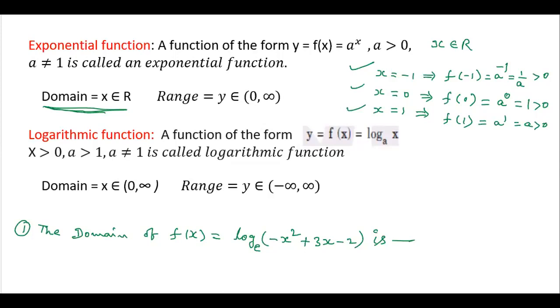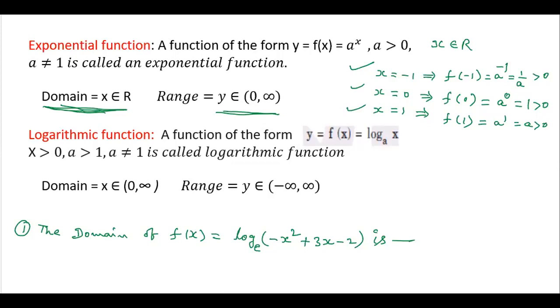Input is called domain, output is called range. So the range of the exponential function is the open interval 0 comma infinity. Domain of the exponential function is all real numbers. Okay. Next, logarithmic function. A function of the form f of x is equal to log x to the base